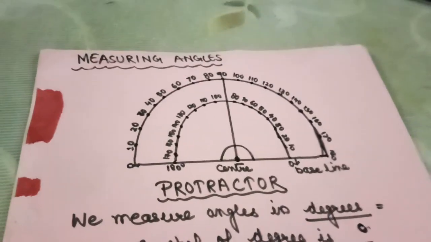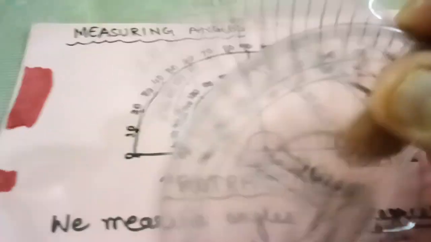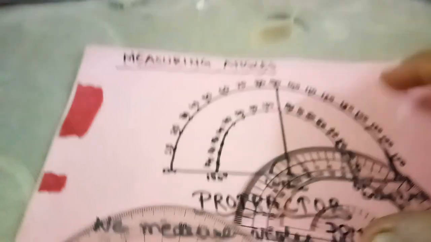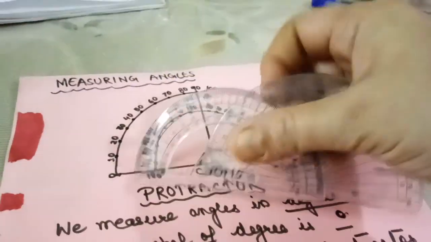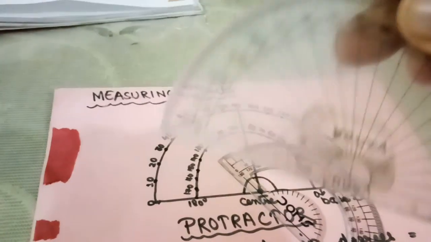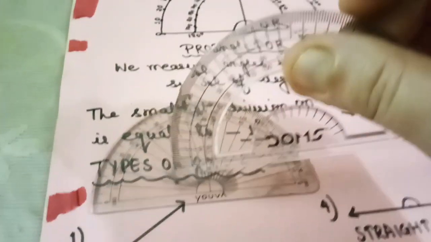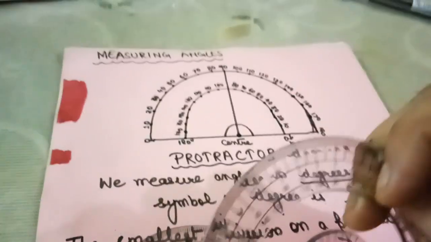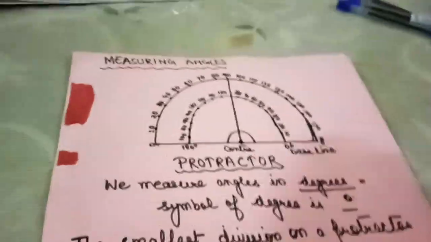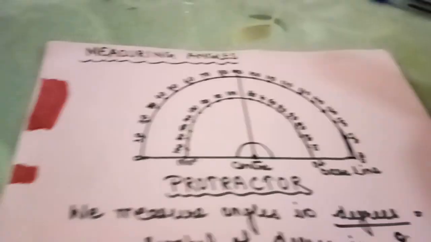Now children, I think you have seen the protractor also. You can use this protractor and you can use this one also. But I would suggest that you use this one, because here you can see no gaps in between. Otherwise, by measuring angles you will get a problem. So this protractor is better because there are no gaps in between, right?